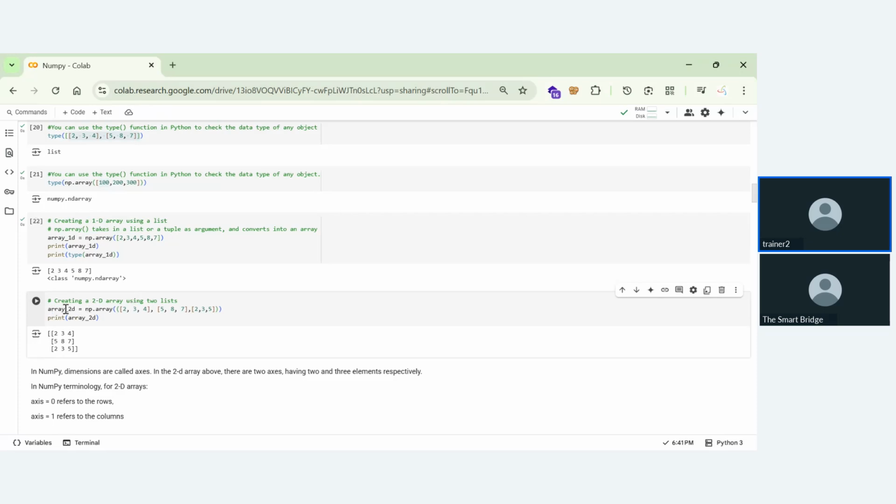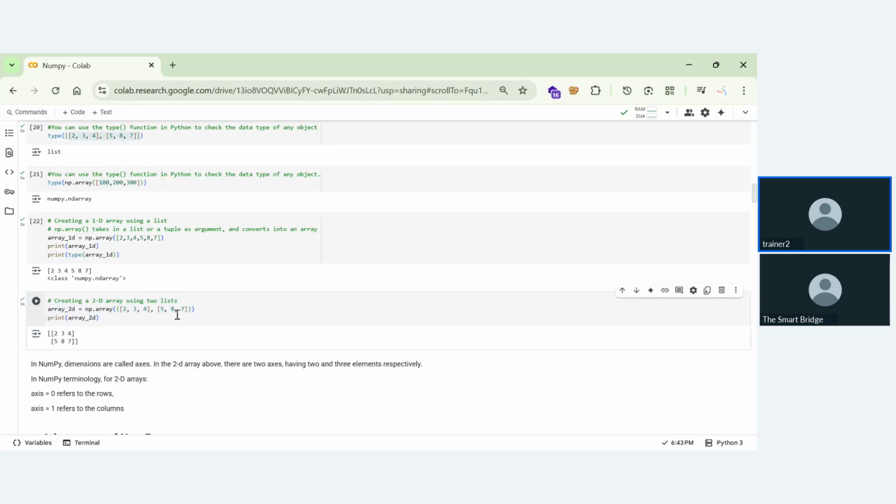We have created a 2D array. Sorry, we have converted to a 2D array. Until this point, we have converted to a 2D array. Okay, now